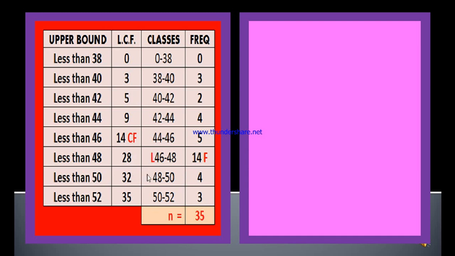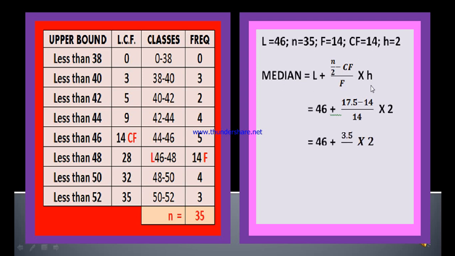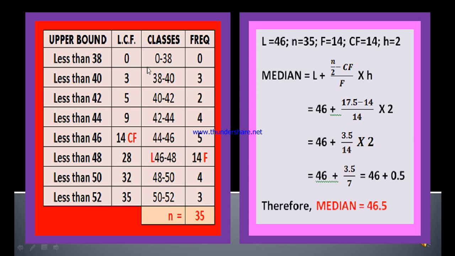Now the sum of the frequencies is nothing but the last entry of the cumulative frequency column, which is equal to 35. Therefore n is equal to 35. After getting the n value, let us go for n by 2 first of all, and let us write the formula for median. Median is L plus (n by 2 minus CF) by f into h. Here n is 35, n by 2 means 17.5. Now in the less than cumulative frequency, the class which is just more than 17.5 is called the median class.